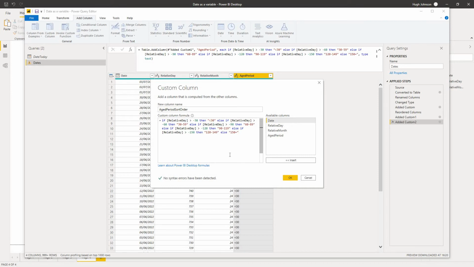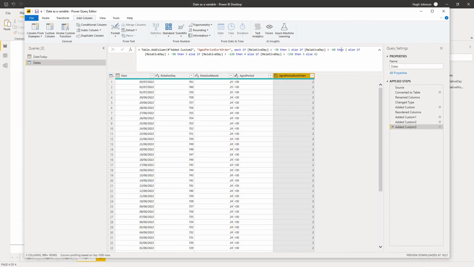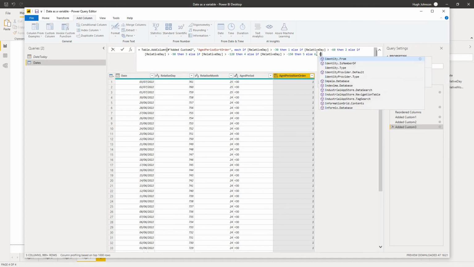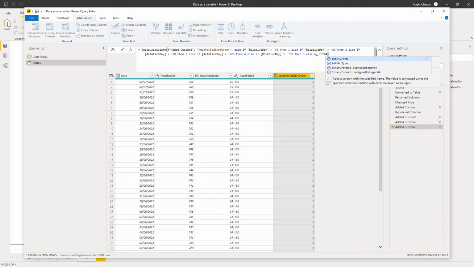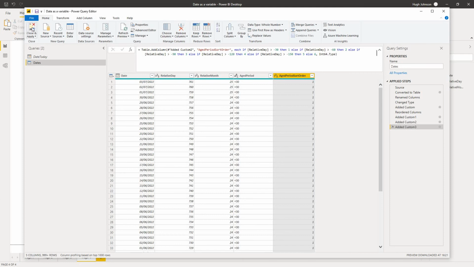And here I've just pasted in exactly the same logic, but instead of these text values, I just want to replace that with number 1, number 2, number 3, number 4, number 5, and number 6. And I want to define that as type integer. And there's my aged period and aged period sort order in my date table. If I close and apply,